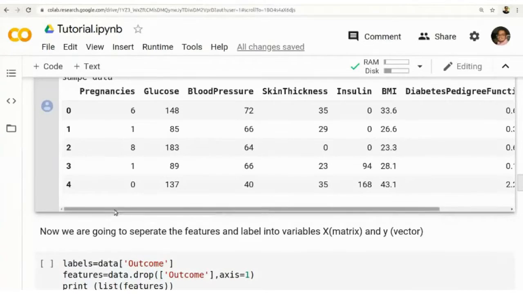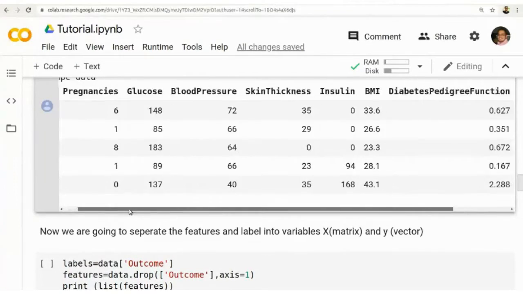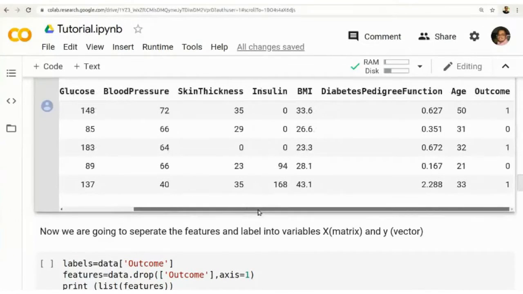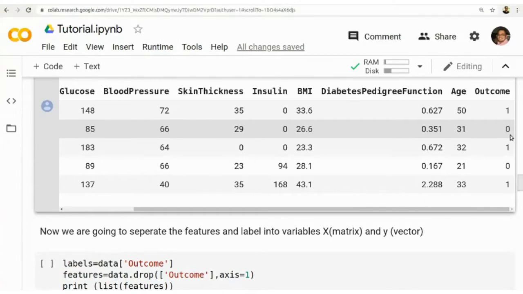The features are pregnancies, glucose, blood pressure, skin thickness, insulin level, BMI value, diabetes pedigree function, some clinical test results, age, and finally the outcome will be either 0 or 1. That is, 1 means the patient has diabetes, 0 means the patient does not have diabetes. So this is the data set.